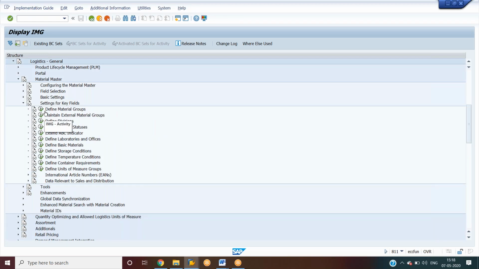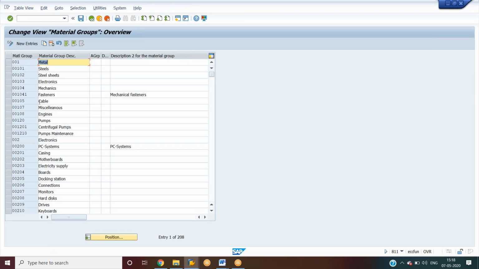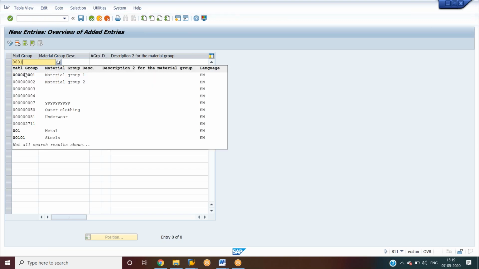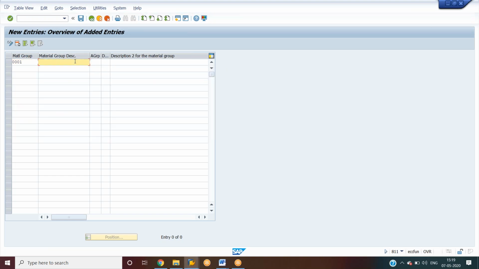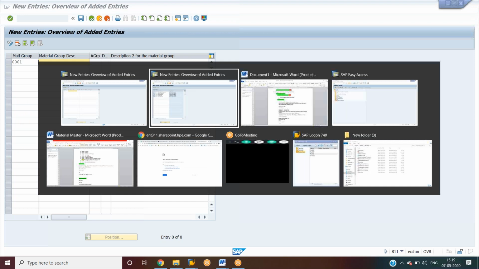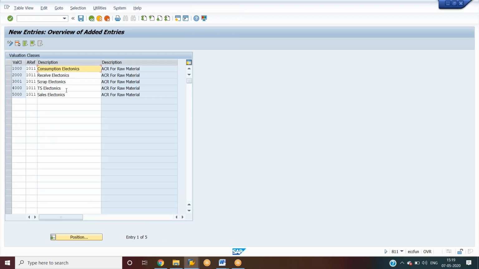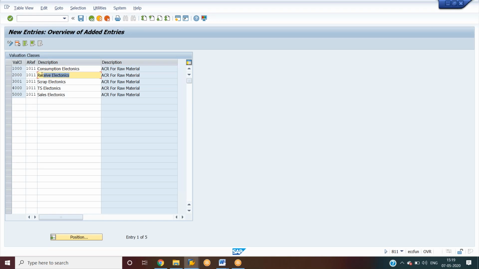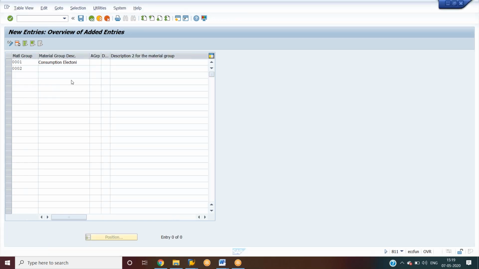So see here, settings for key fields, under which we can have different material groups. So just execute. Let me create material groups. Okay, first just go to new entries, give the material group as 0001. So this I am using for consumption. This is for receiving electronics.